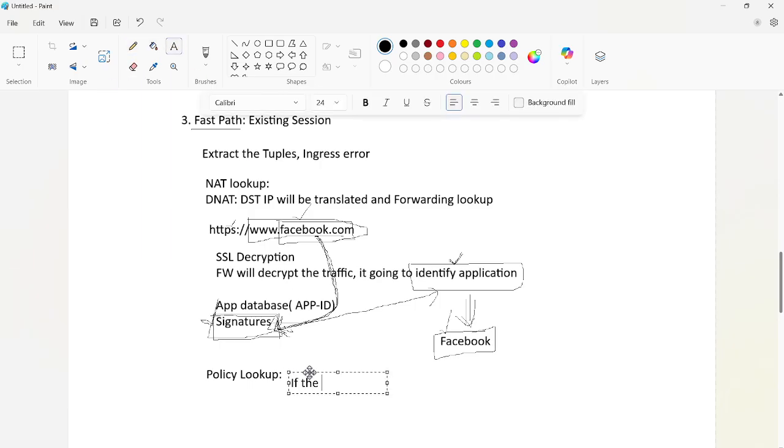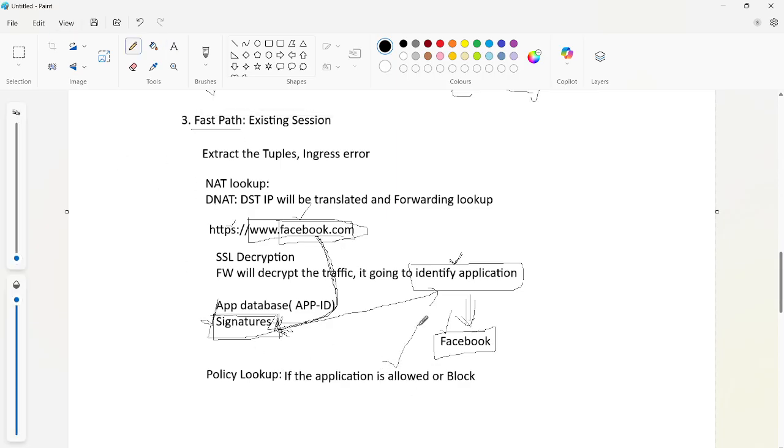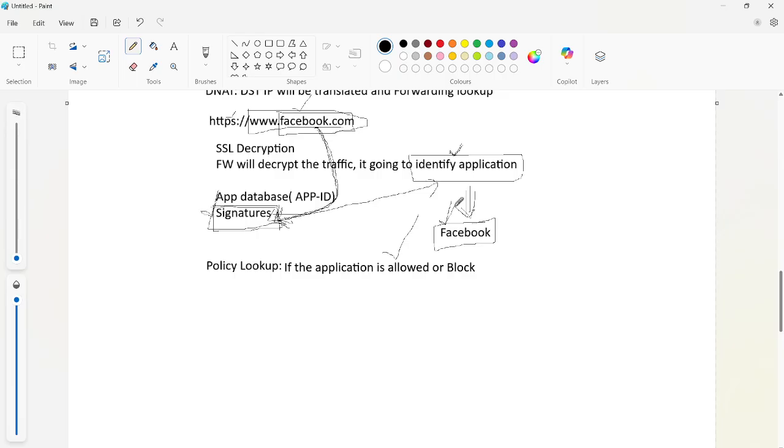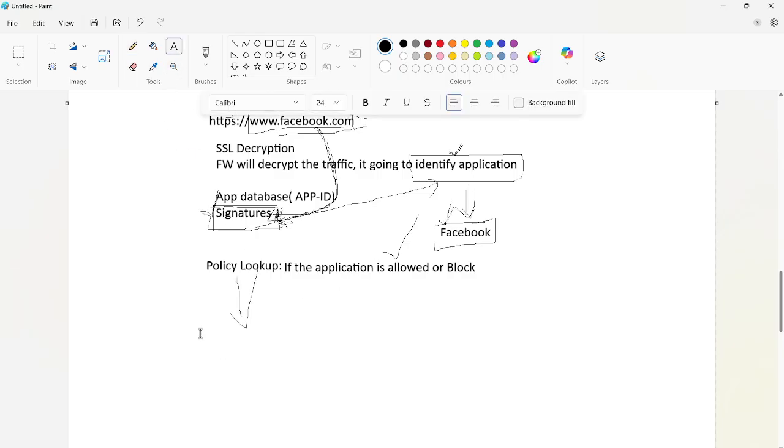If the Facebook application is allowed, the firewall will allow it, or if you configured a policy to block, the firewall is going to block the traffic. Let's assume you have allowed the application, so the firewall is going to allow your Facebook traffic, and it goes into the next stage, which is content inspection.